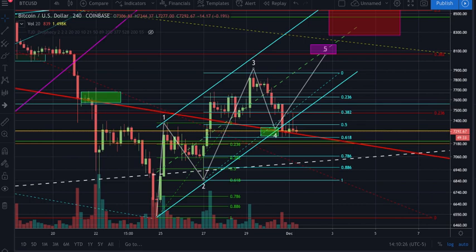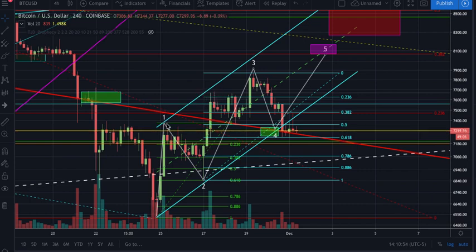So here we have the Coinbase chart, Bitcoin, and as you'll see, we were basically consolidating off that head and shoulders move in an upward ascending channel, and we had gotten 2 touches on the bottom and then 2 on top here. And we had talked about how we thought this was essentially wave 1, and then we had come down for 2, and then that we didn't think this was going to be the third wave because it